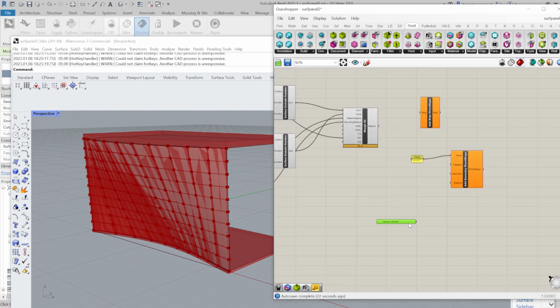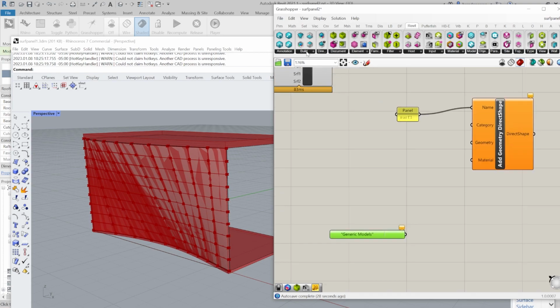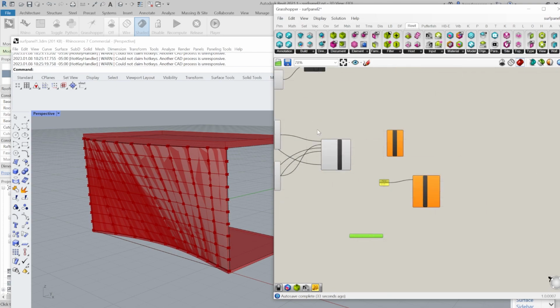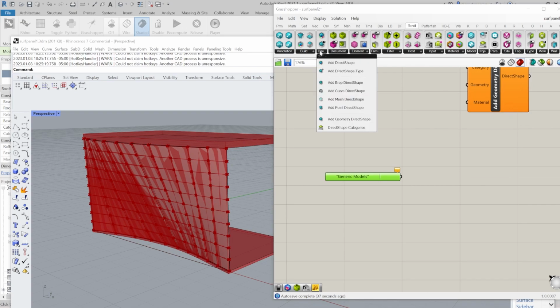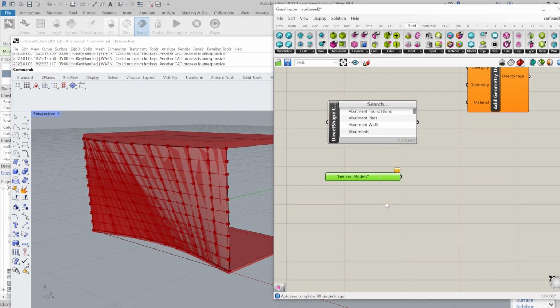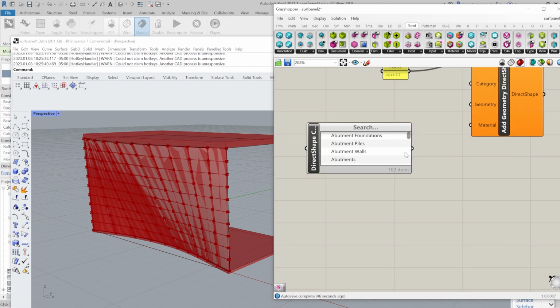That's what I would normally do, like before, in making some of the geometry. But actually, one of the great things for Direct Shape, and this is a little confusing because when you're adding type before, that's what I would use. But when you're using Direct Shape, you actually have a Direct Shape Categories button. I think this one was giving me an issue before I used it with another method. But for this method, we can just go straight into Generic Models here, click that right there,